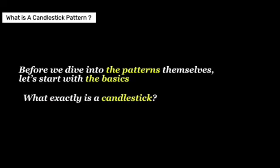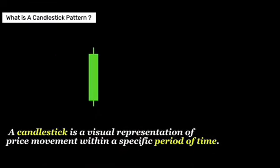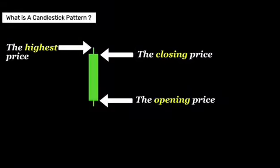Let's get started. Before we dive into the patterns themselves, let's start with the basics. What exactly is a candlestick? A candlestick is a visual representation of price movement within a specific period of time. It shows four key pieces of information: the opening price, the closing price, the highest price, and the lowest price